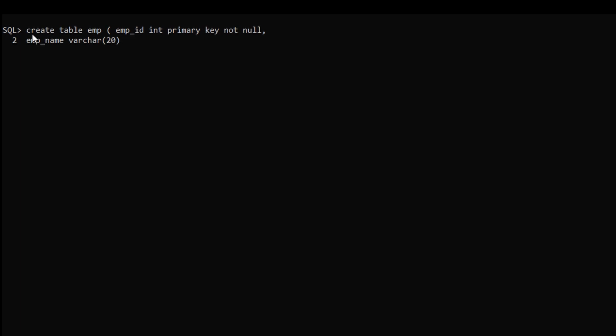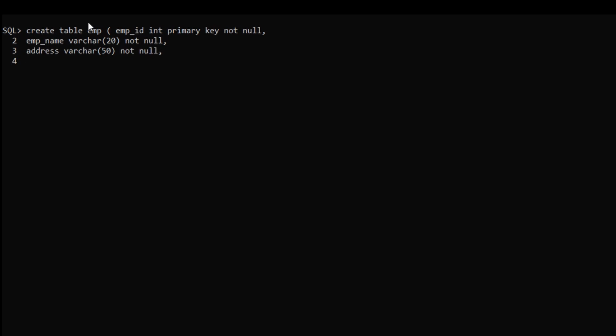We can use not null again to eliminate the null values in this column. So the third, address. It should be varchar 50. Not null,